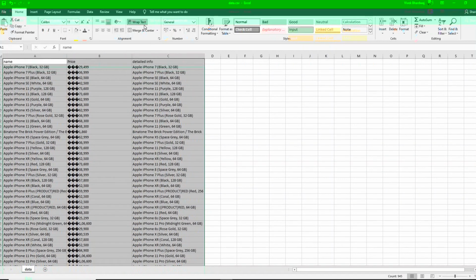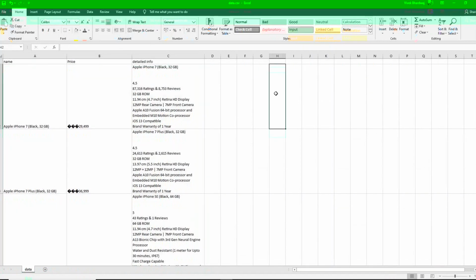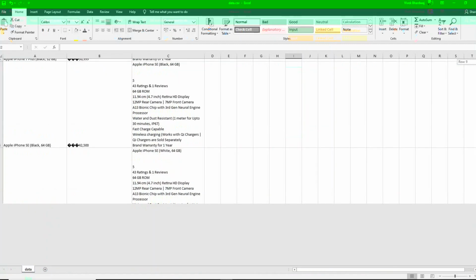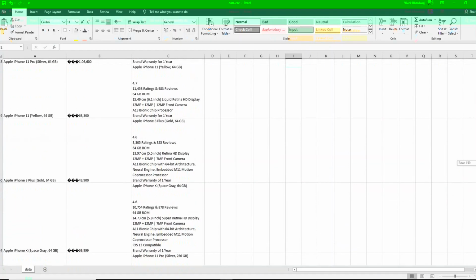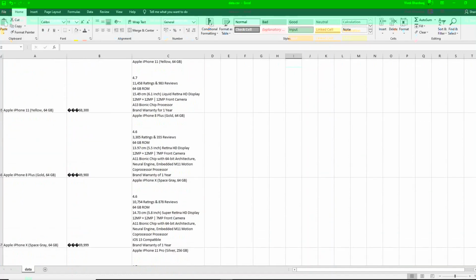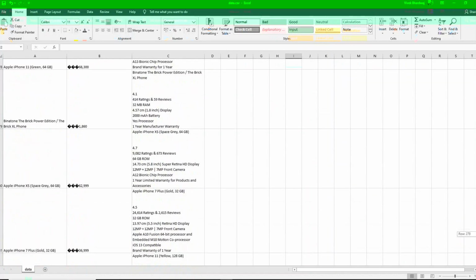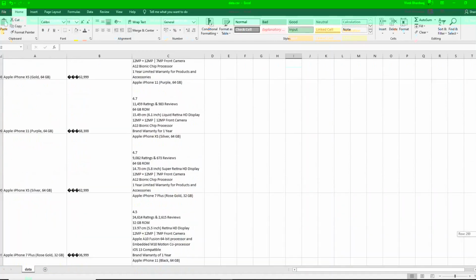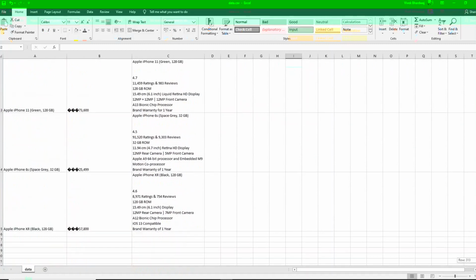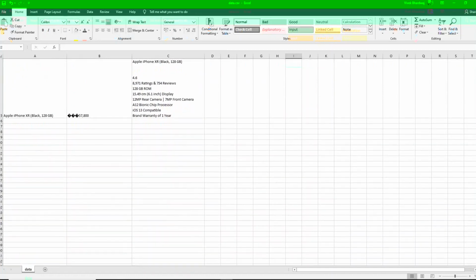Now we will check how much data has been extracted, how many rows. I think approximately 250 or more than 250 rows are extracted from the website. More than 365 rows are extracted by using the web recorder. So it is a very easy task to extract pattern-based data using the web recorder.